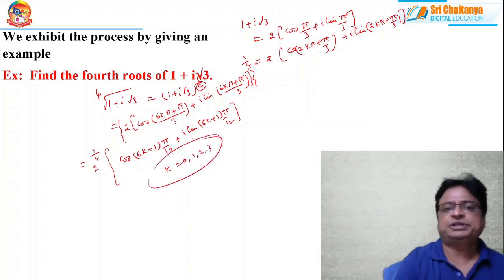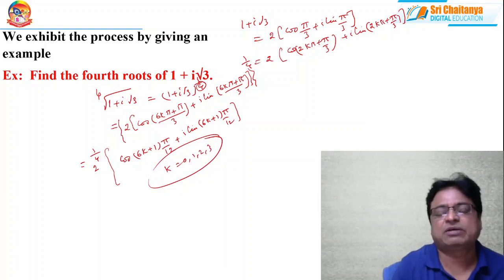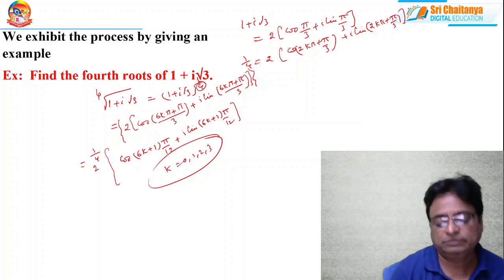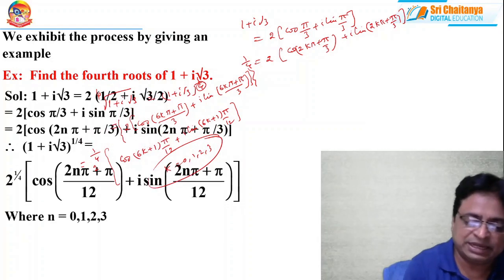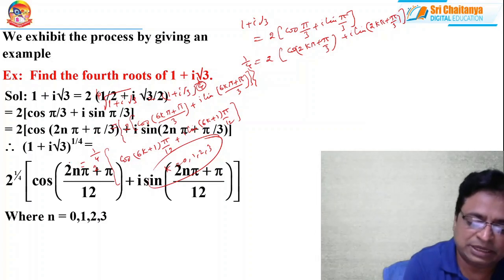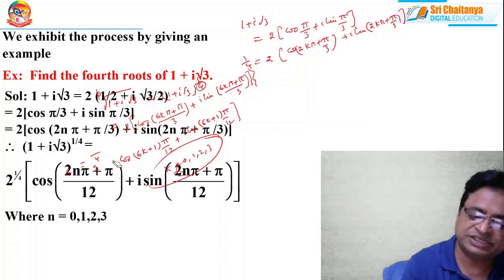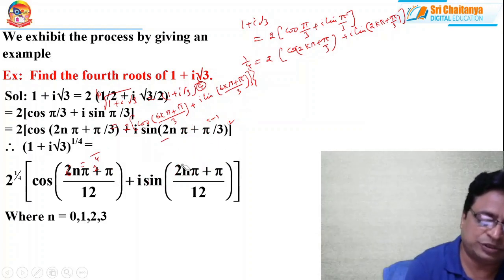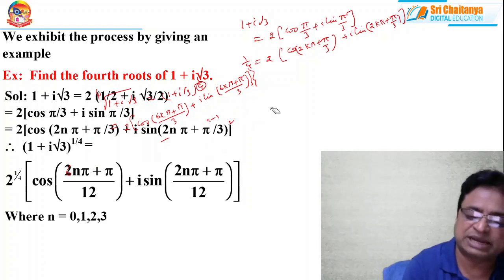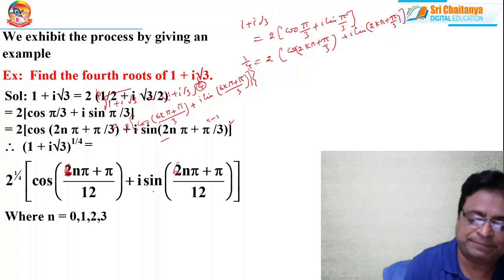If you substitute the values of k equal to 0, 1, 2 and 3 respectively, you will get all the different fourth roots. I am explaining that in the form of the detailed solution like this. In the same thing here, a small mistake has been committed by me. Here it is 6 pi, so 6 pi plus 1. Please change that small mistake here. After taking the LCM, this becomes 6 k pi, not 2k pi.